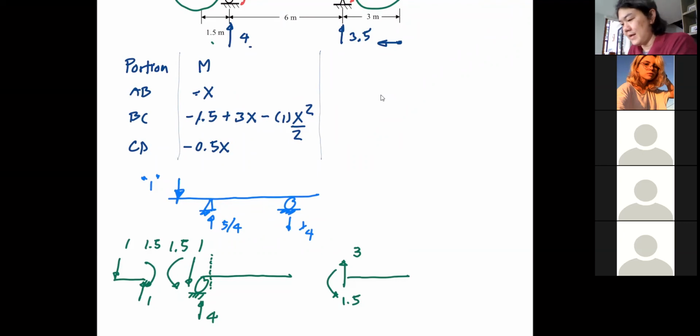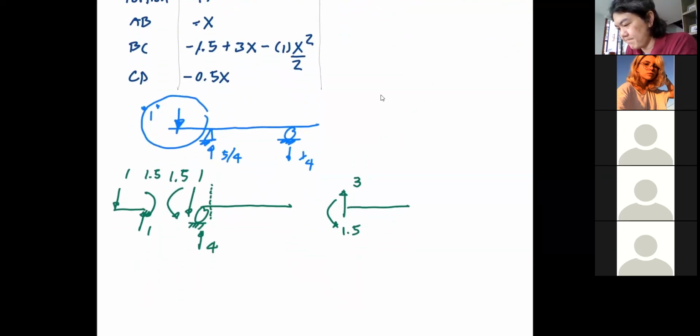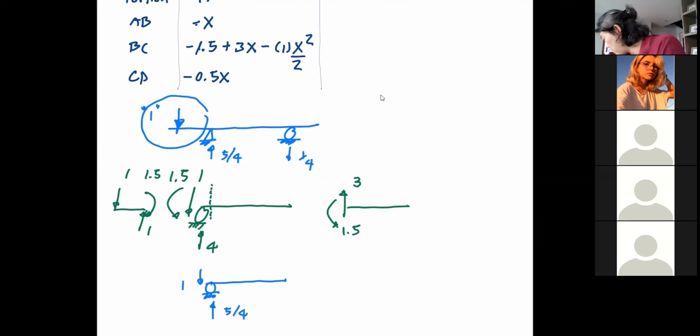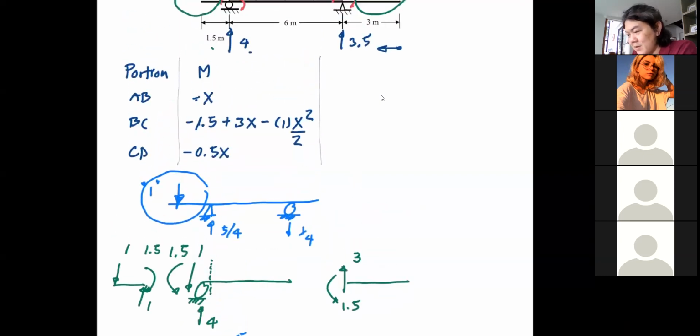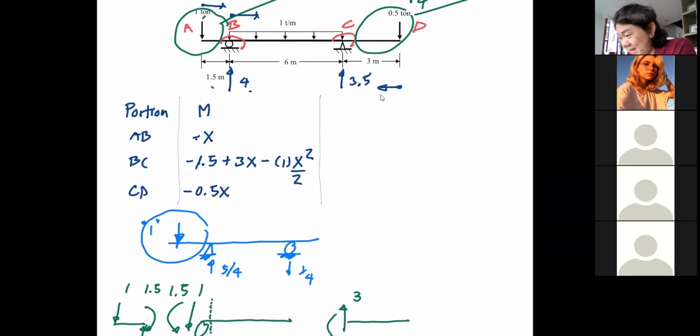And again, I can replace this portion with this. Okay, so then I can have something similar. 5/4, 1, and then a moment of 1 multiplied by 1.5. So my moment is 1.5 here. All right. So again, this will cancel each other out, leaving you with a 1/4 upward force. So your moment equation here